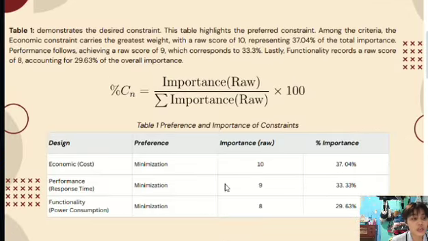Before we compare the scores, we establish how important each factor is to our decision. Cost receives the highest weight of 37%, reflecting the practical need to stay within the budget. Performance measured as response time has a weight of 33%, emphasizing the system's operational efficiency, while the power consumption is weighed at 30% due to its impact on long-term energy use and cost. So this weight distribution focuses the comparison on what matters the most.